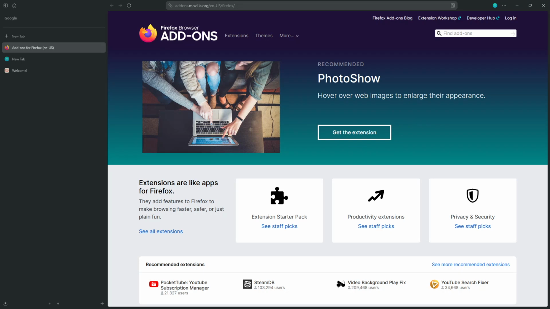In today's video, I'm going to teach you how to add quick link tiles in Zen Browser. If you've opened a new tab in Zen and noticed there aren't quick tiles by default, don't worry, there's a simple workaround that gives you the same experience. The best way to do this is by using a new tab extension that replaces the default page with a